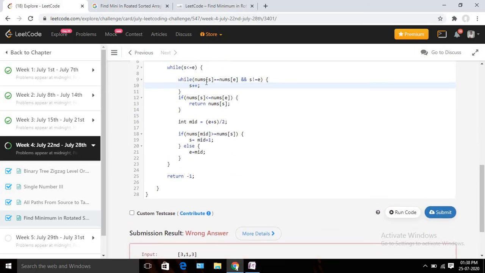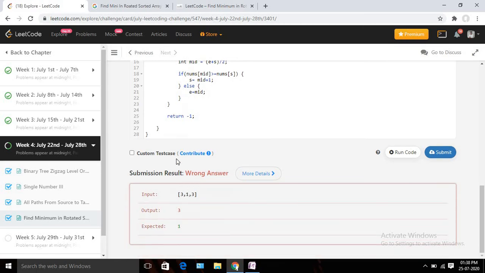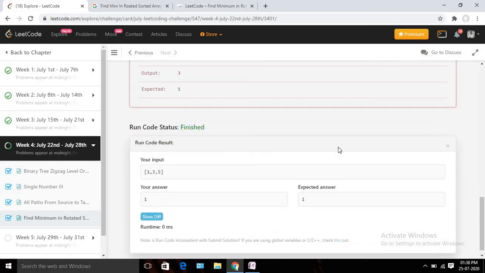So we are checking whether both values are equal, and if both indexes are not equal, then I am going to increment it, to handle this kind of scenario. Okay, so let's run our code once again and check whether it's running or not.